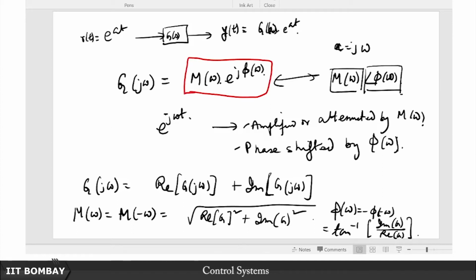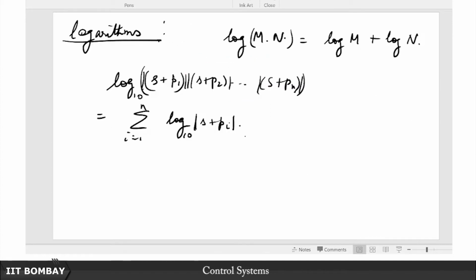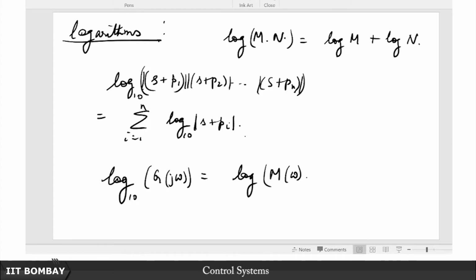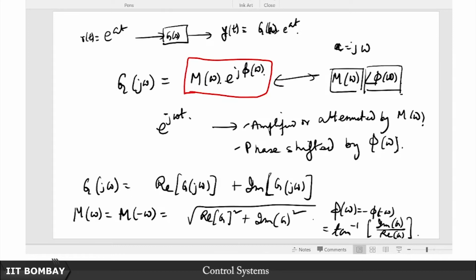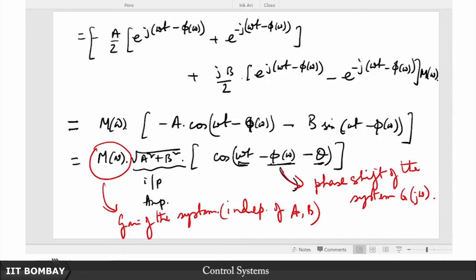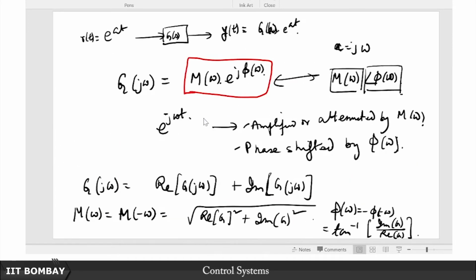Now you notice that if we take the log of this with base 10, let us say, of g of j omega, I can immediately separate it out into two parts such that the real part is going to give me the log of the magnitude function, and the imaginary part, subject to some scaling, I get